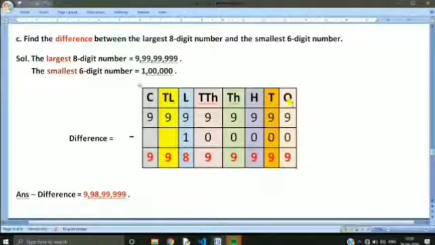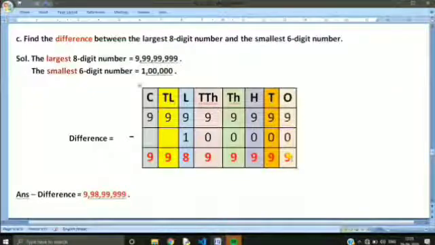So let us start the subtraction from ones place. 9 minus 0, here we have the property also. We have learned the property of subtraction. In subtraction, whenever we subtract, we will follow the property of subtraction. From any number, if you subtract 0, you will get the answer as the number itself. So keeping that property in mind, we will be doing the subtraction.